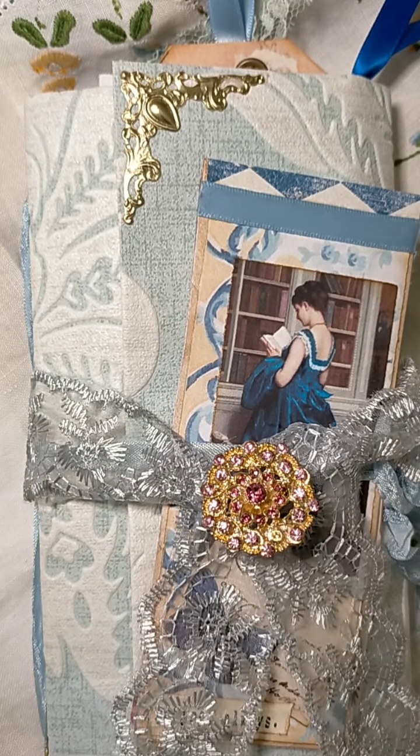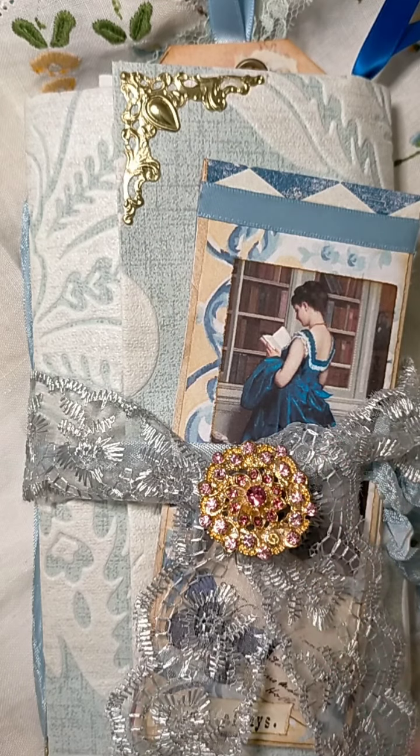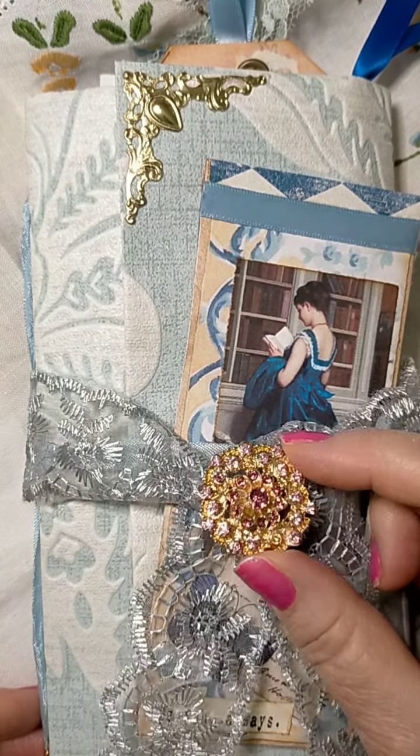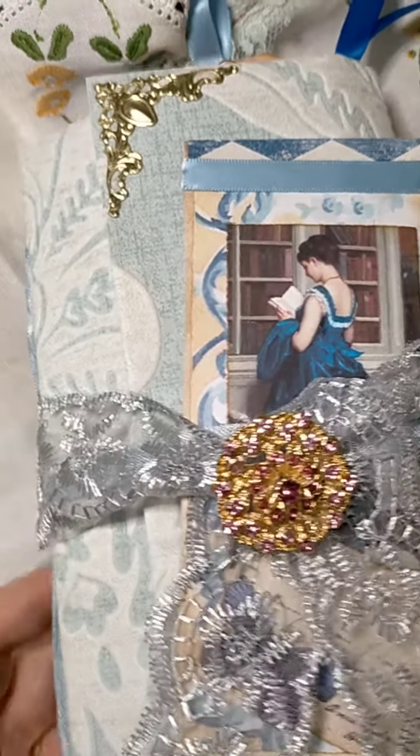I have been working on a beautiful journal. I got my hands on some amazing wallpaper, just a sample from Bunnings in Australia online, and I'd never played with wallpaper before, and I thought, ooh, I think I might do a blue journal. I've wanted to do a blue journal for a long time,